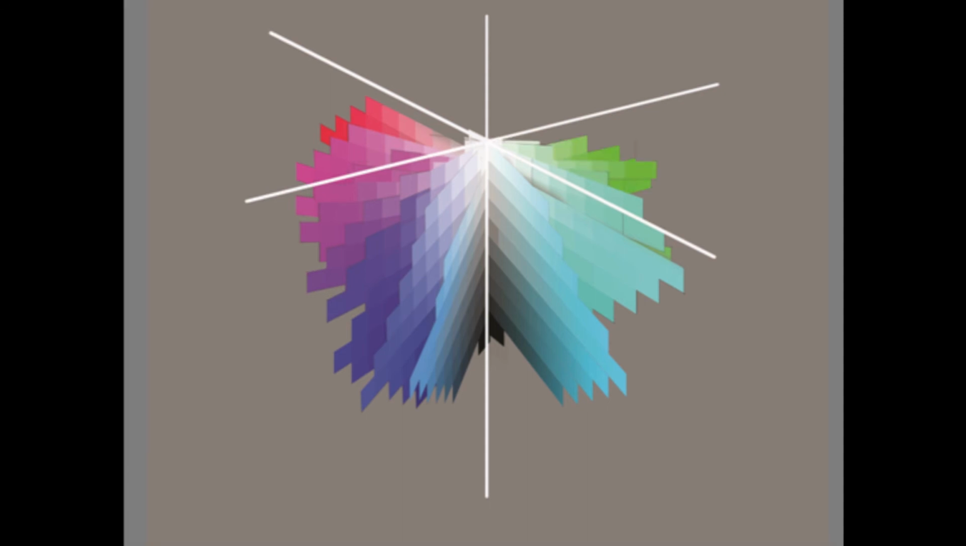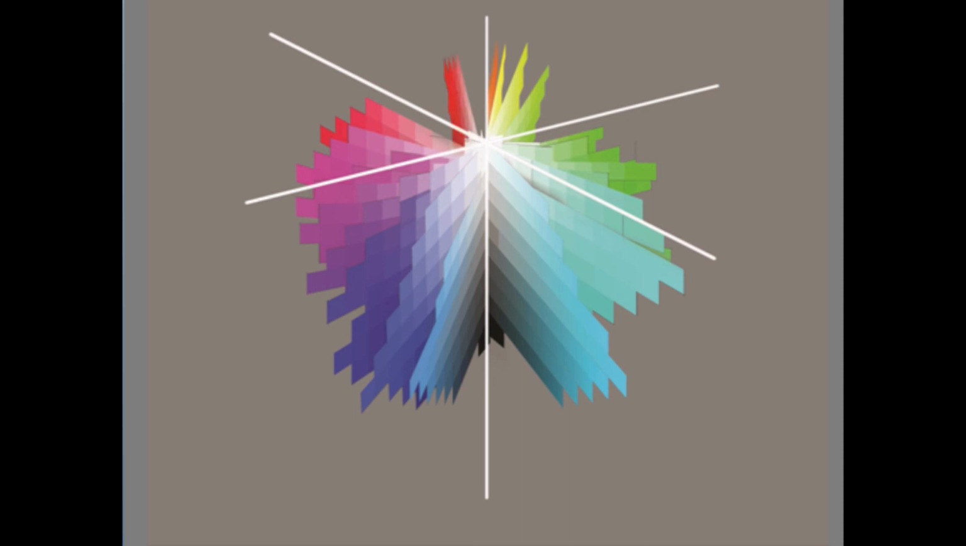Into the greens now, the yellow greens, the yellows, the oranges, and finally back to the beginning. So to make this easier to understand diagrammatically, I'm going to lay the color wheel out